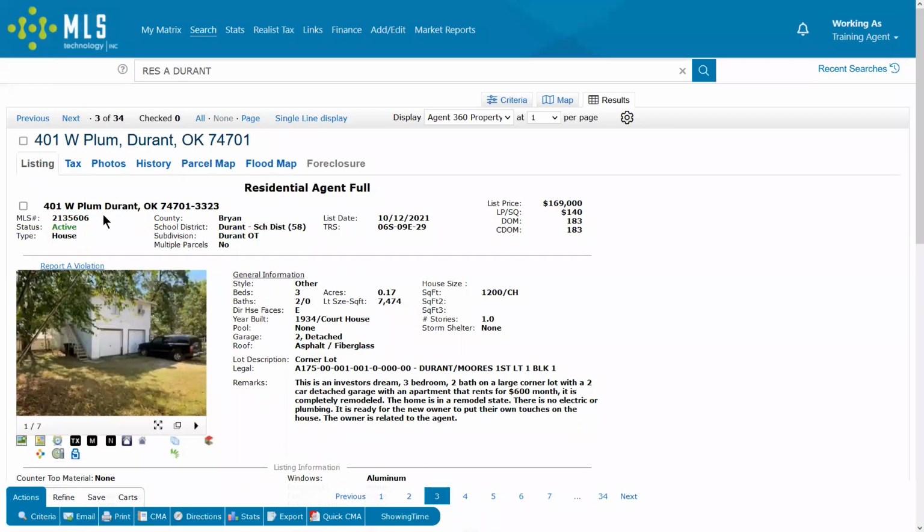Anyway, we have been noticing a lot of people adding listings to the system without the street type, so avenue, road, drive, whatever. I don't know why you would do that. It just ends up hurting you in the long run as the listing agent, because when it goes out to Zillow or Trulia or Realtor.com or whatever, they may end up having some trouble tracking down the property,